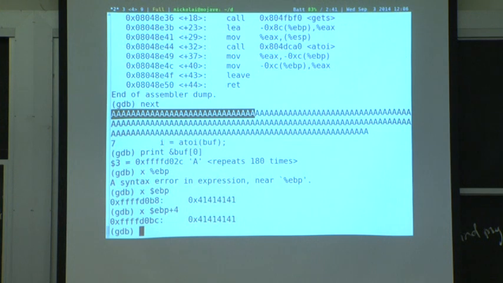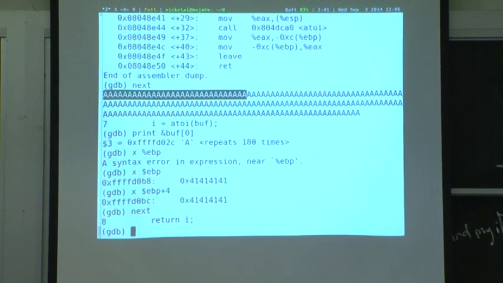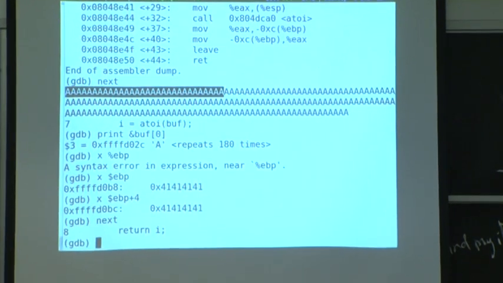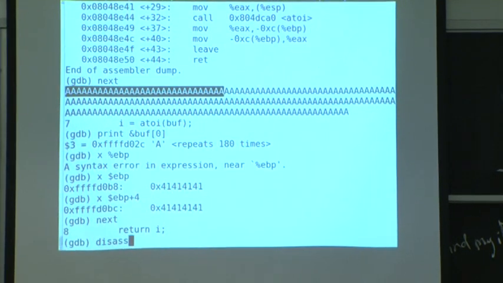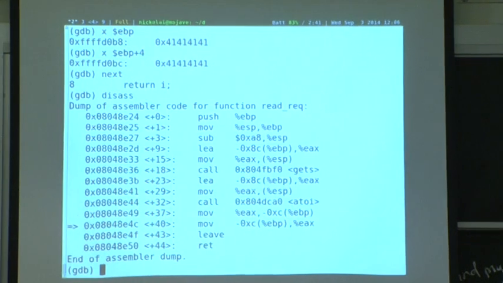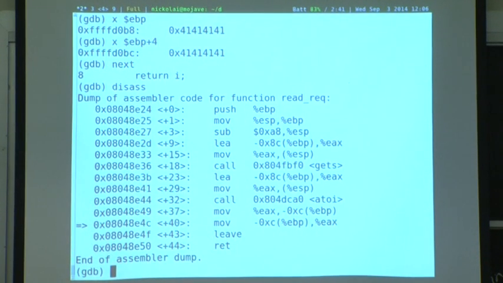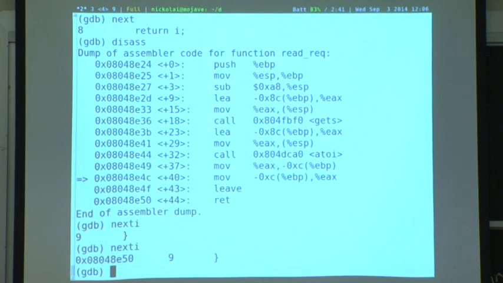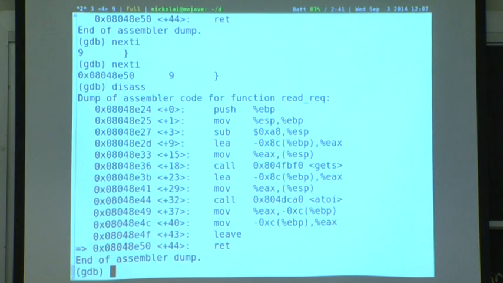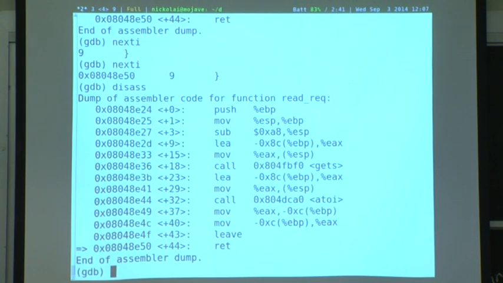So, let's just step up to it and see what happens, right? Let's run next. We keep stepping through the program, and we can see where we are. OK, we're getting close to the end of the function. So we can step over 2 more instructions. Next I, and now we can disassemble again. OK, we're now just at the return instruction from this function.